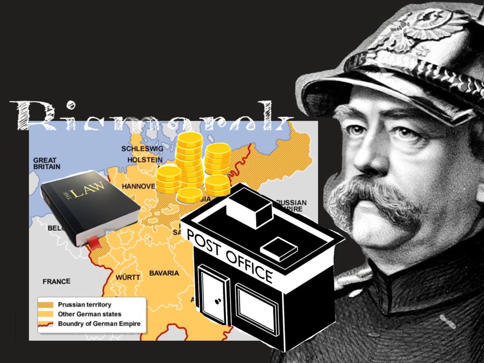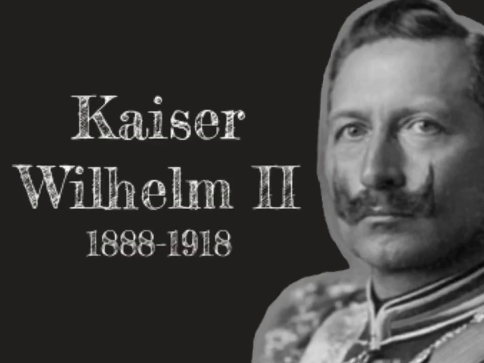However, all of this said, in 1888 we see a massive change, because at that point we see Kaiser Wilhelm II come to the throne. Now, Kaiser Wilhelm is a young man. He is only 29 years of age when he comes to the throne, and despite having a very experienced statesman